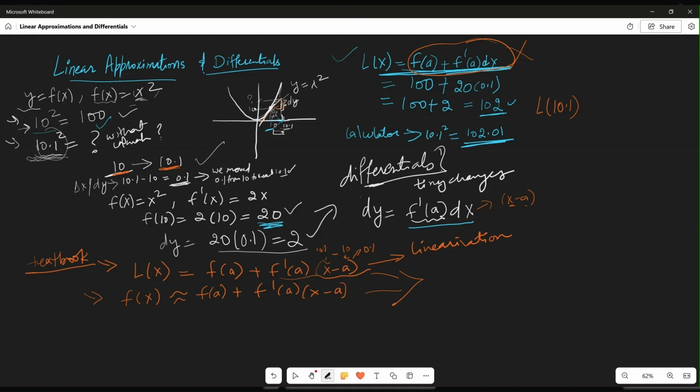At this point, this is going to be f of 10 plus the derivative, the rate of change or the slope, multiplied by x minus a. So same thing, right? f of 10, you plug the value into the function. f of x is the given function x squared, and you just plug in f of 10 squared. This is just a recap,